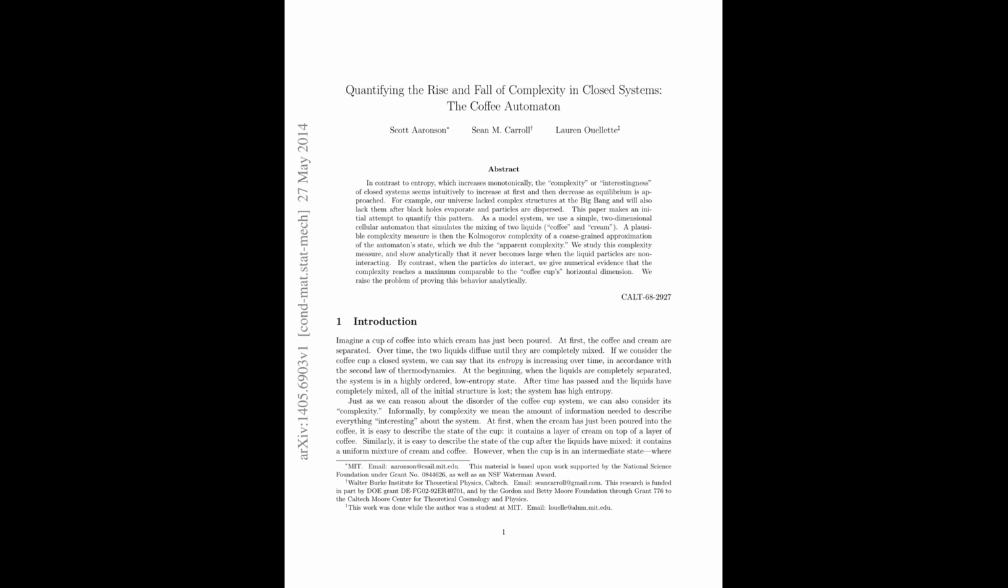We want a measure that's small for the initial layered state, small for the final mixed state, and large only for the interesting middle. The authors survey 4 candidate complexity measures. The first is apparent complexity, which is just the entropy of a smoothed or blurred version of the state. The intuition is that blurring averages out random noise, so a fully mixed cup blurs to a uniform gray with